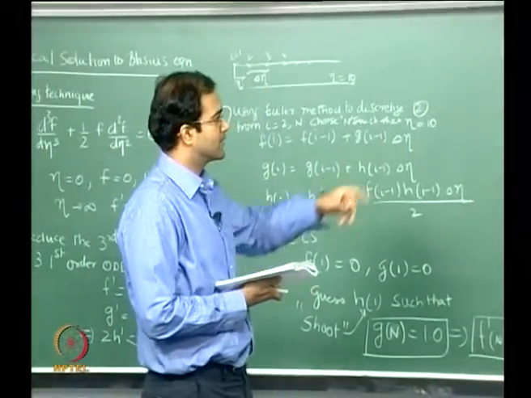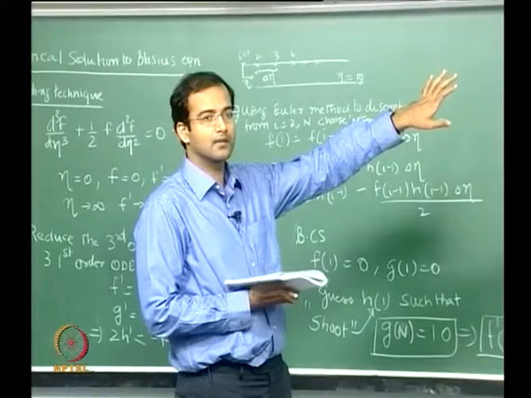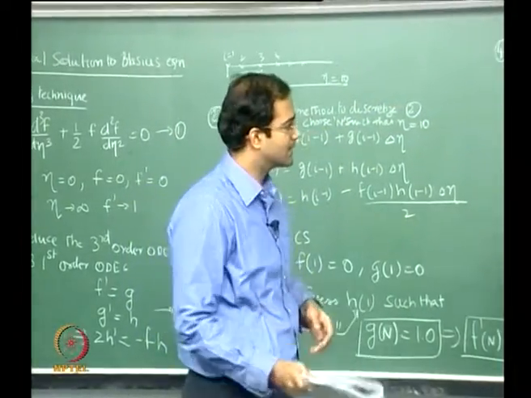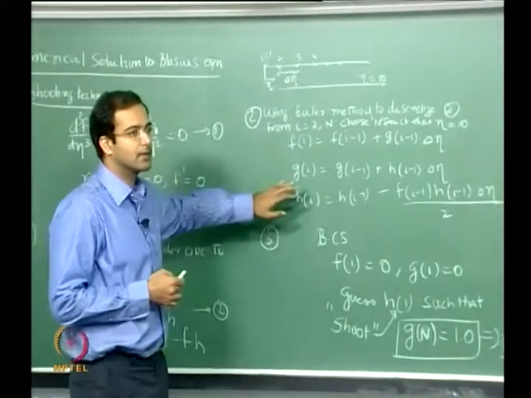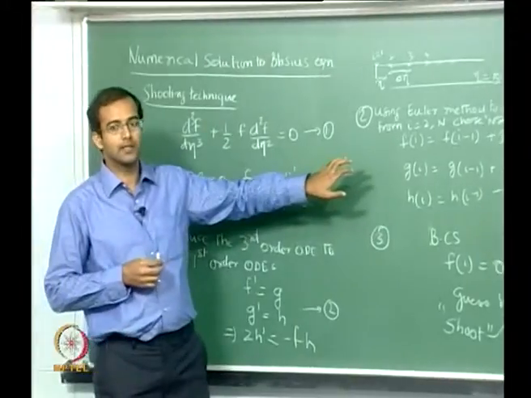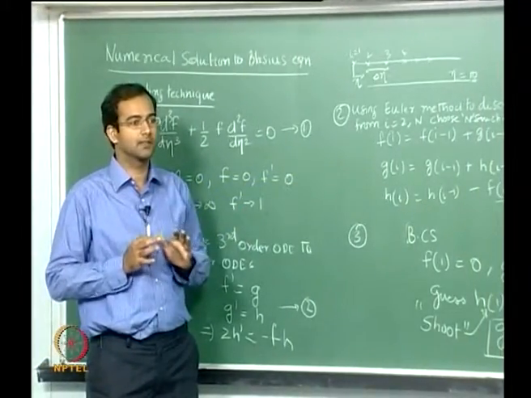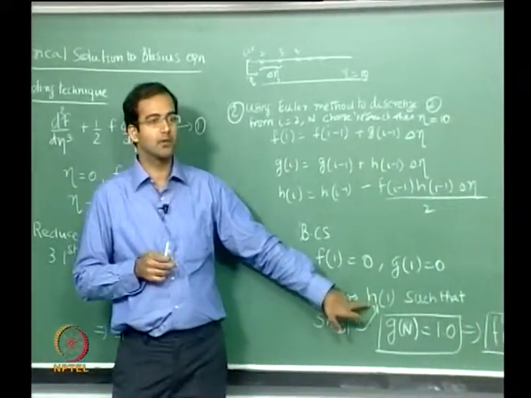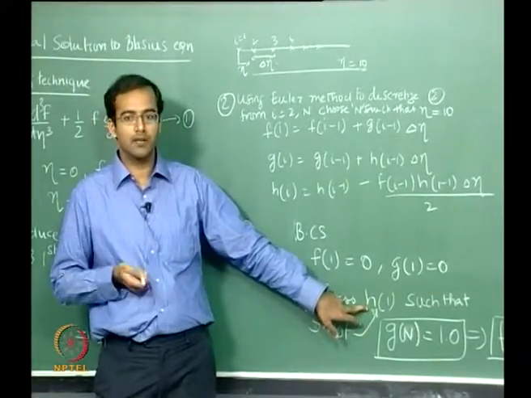So that is exactly the curvature term which Blasius has determined. In both ways, the way that Blasius tried to do it by power series expansion and the way that we are doing it by the shooting technique, the struggle is to find the curvature. Here also we don't know the value of h at 1, so h is nothing but the curvature basically, and Blasius also didn't know that.